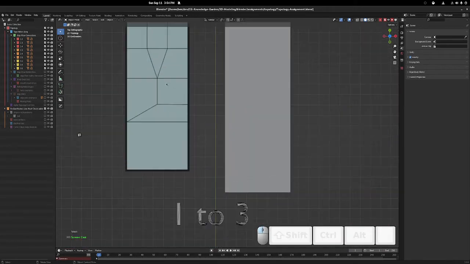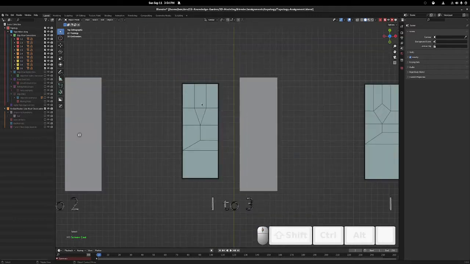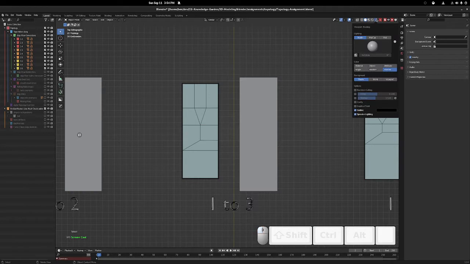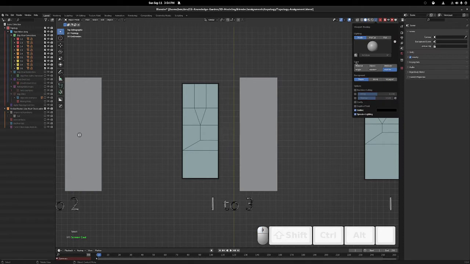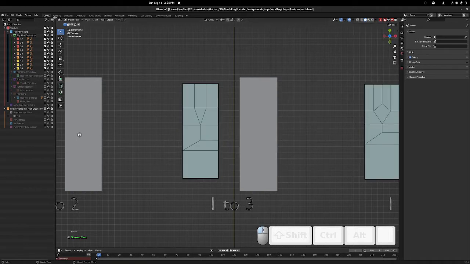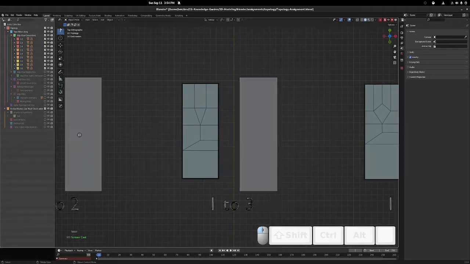So these are textures on planes. If you're not seeing that, go to your viewport shading menu up at the top right under color. Normally it's set to material. Make sure it's set to texture. And if it looks funny,